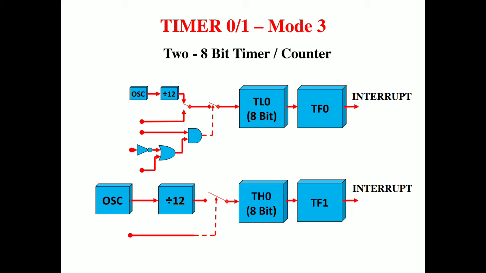In this case, that is mode 3, we are able to generate 3 different timers. Keep in mind, 3 different timers. The first 2 timers are from timer 0, split into 8 bit and 8 bit: the lower register 8 bit, TL0, and the higher register 8 bit, TH0. These 2 registers consume 4 control bits available in the TCON register: TR0 and TF0 for TL0, and TR1 and TF1 for TH0. So all these 4 bits are consumed by timer 0 only.